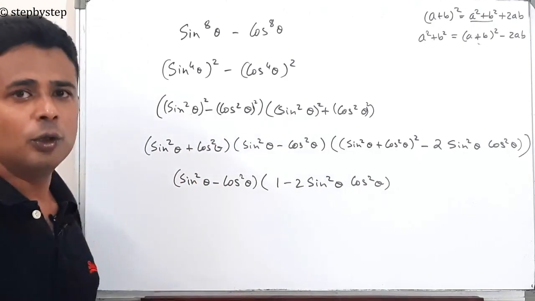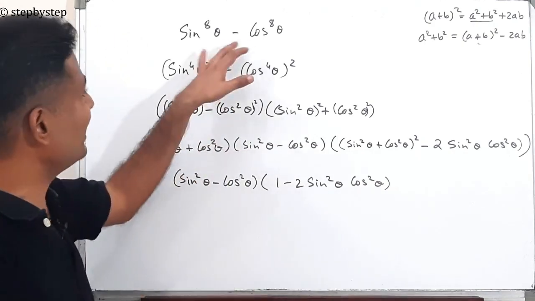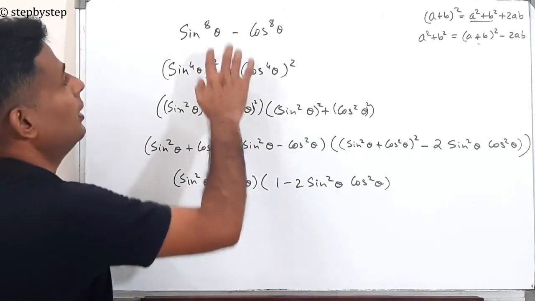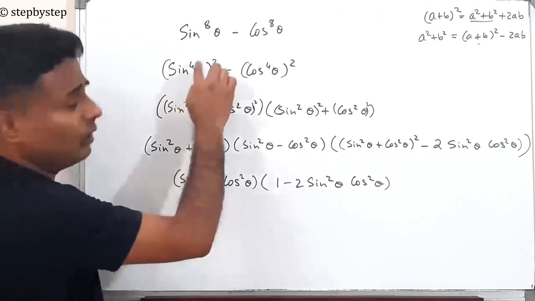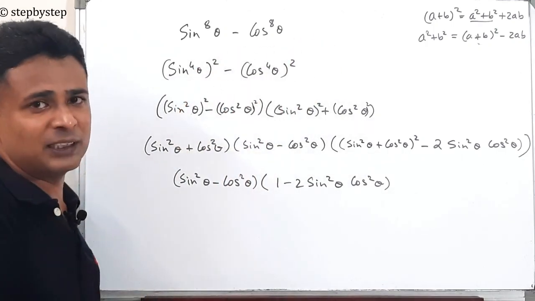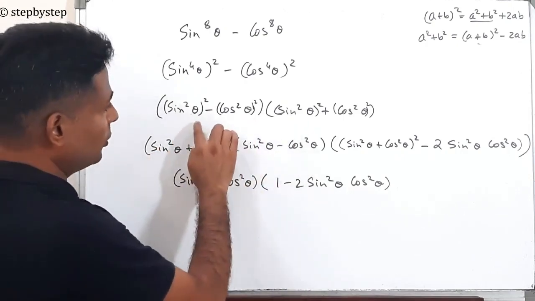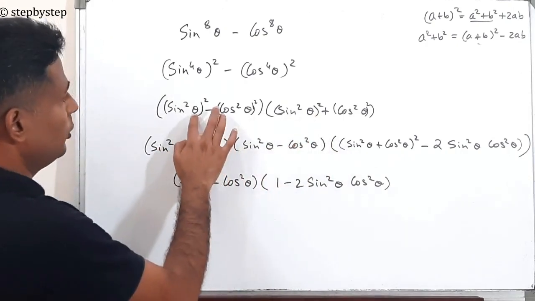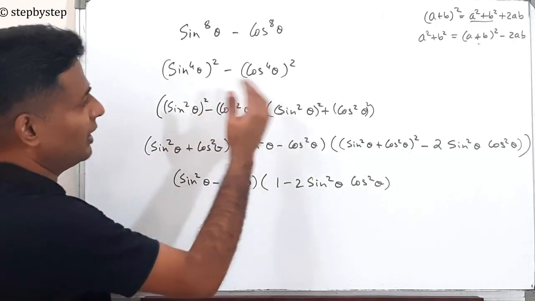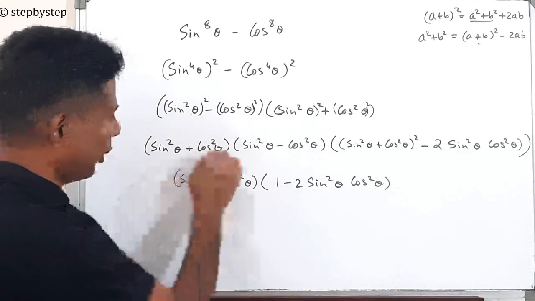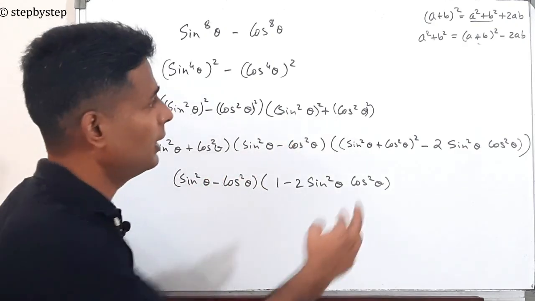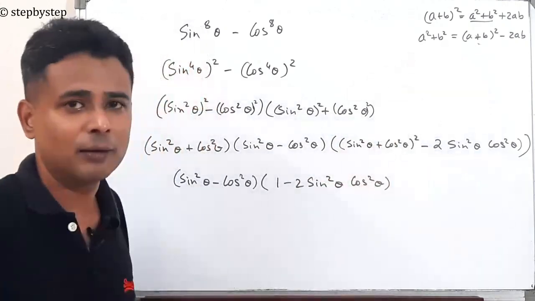Guys, remember this only looks complicated, but if you follow basic algebra formulas or basic mathematics, you should be able to do it. Don't worry, when you see this, don't worry what to do next. The only thing you should know is you have to write it in something to the power whole square. Once you get it, you will notice that you can use a square minus b square formula. Use it. Once you use a square minus b square formula, you'll observe something else. Like here for example, again we can write it in a square minus b square form, so you did it. And here you notice that it was in the form a square plus b square, and you use this formula.